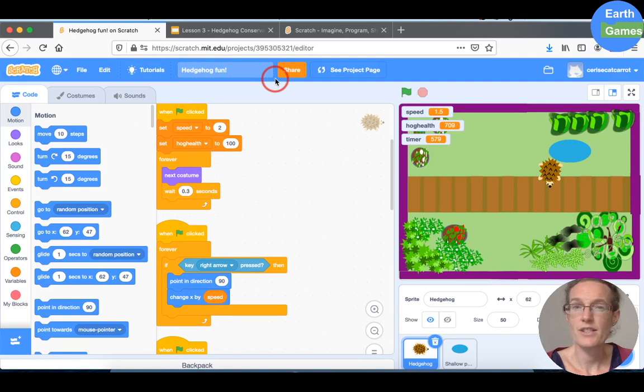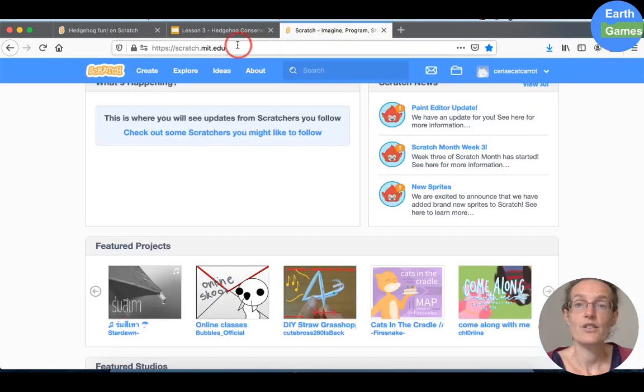Can you remember what hedgehogs like eating? If you said worms, then you're quite right. We're going to add some worms. In another tab or window, go to Scratch again, so scratch.mit.edu. We've made some worms already to make it a bit easier for you because it's a bit fiddly to draw lots of worms. What you need to do is click on the search field and write Hedgehog Republic